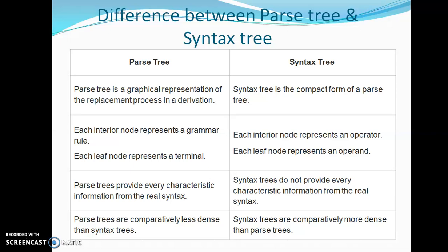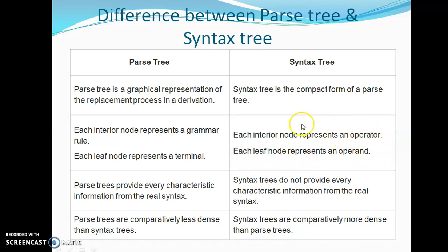In a parse tree, each interior node represents a grammar rule, each leaf node represents a terminal. It means parse trees are formed by grammar rules and terminal symbols. And in a syntax tree, each interior node represents an operator, each leaf node represents an operand.